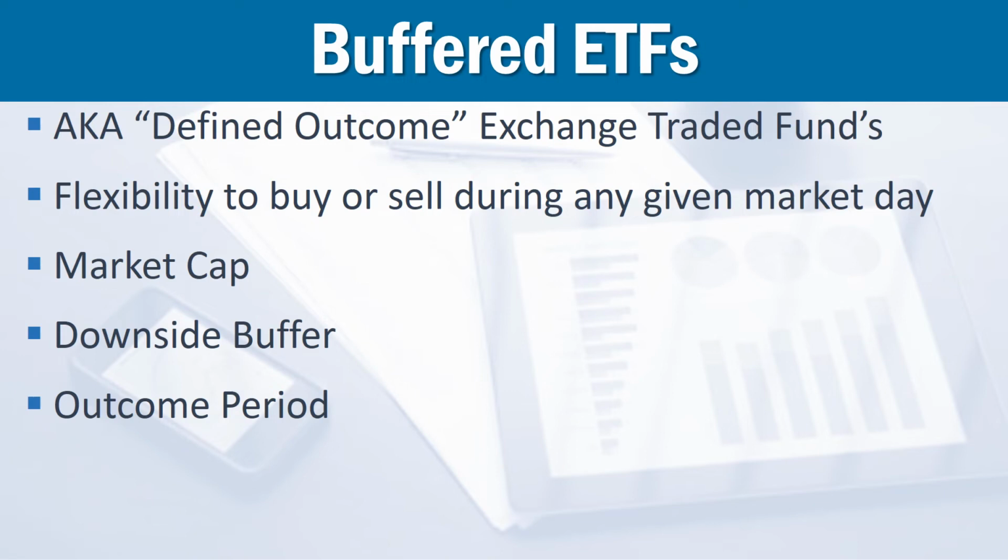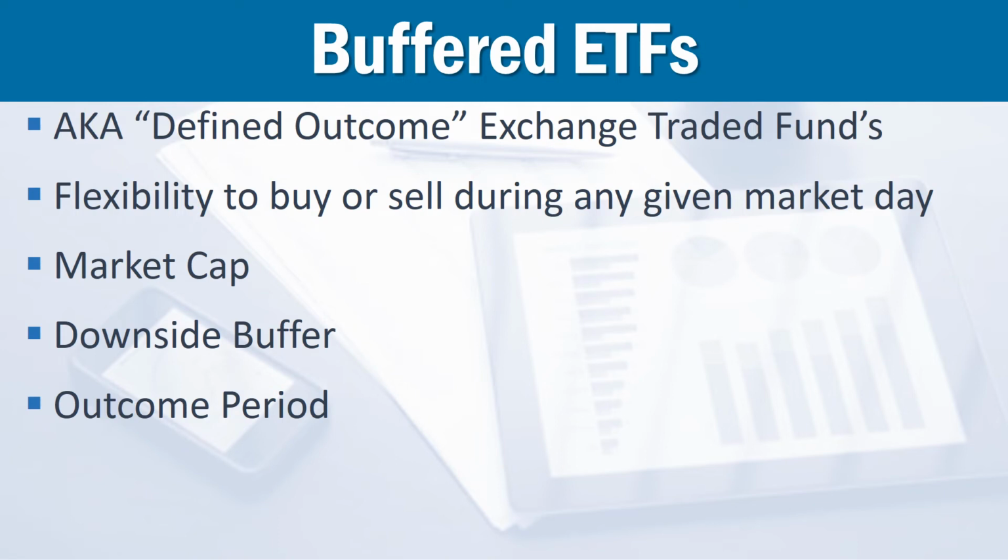Now, we covered it on the previous slide, but for those of you not familiar with what ETFs are, they are pooled investments that operate similarly to mutual funds. They track a particular index, a sector, or commodity, but unlike mutual funds, they may be traded on an exchange throughout the trading day, the same way that individual stocks can be. So while we talked about investments within the structure of an annuity product, these buffered ETFs allow for more flexibility by trading in and out of them on any market day while maintaining the relative cost efficiency that exchange traded funds offer. Now, these ETFs will contain specific terms such as caps, downside buffers, and the length of the outcome period, which is similar to that